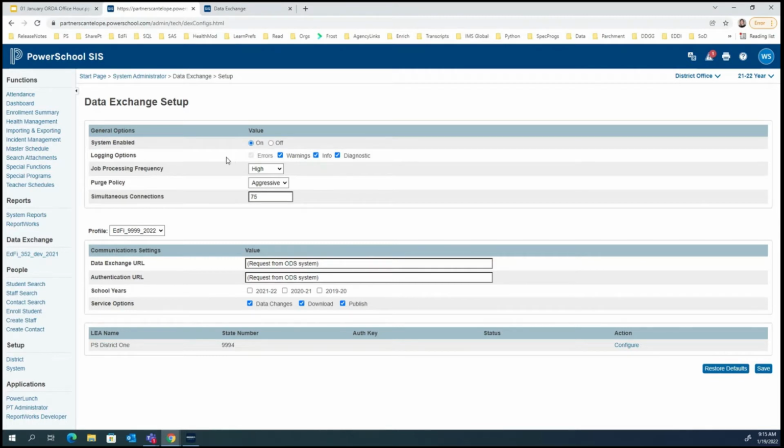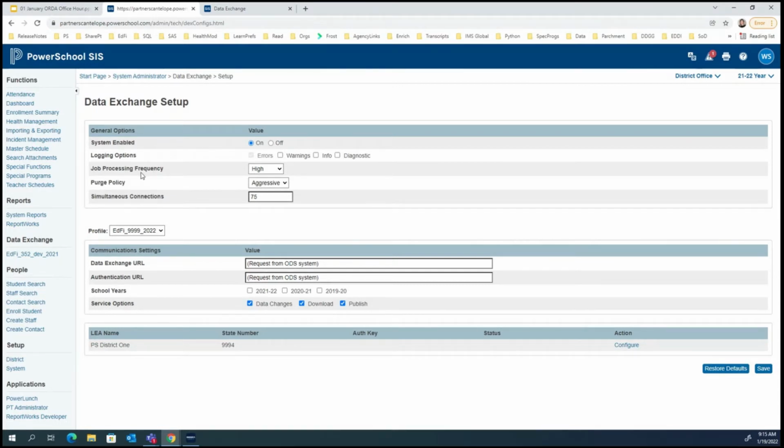For logging options here, we did this a little bit differently when we onboarded. We're actually going to uncheck all of these if they're checked, or if they're blank, just leave them blank. The reason is we want to avoid slowing down our data publishing, and we don't really need these unless we wanted to investigate things for some reason. We could go back in and change that, but for right now we're just going to leave those to keep things from being slower than they need to be.